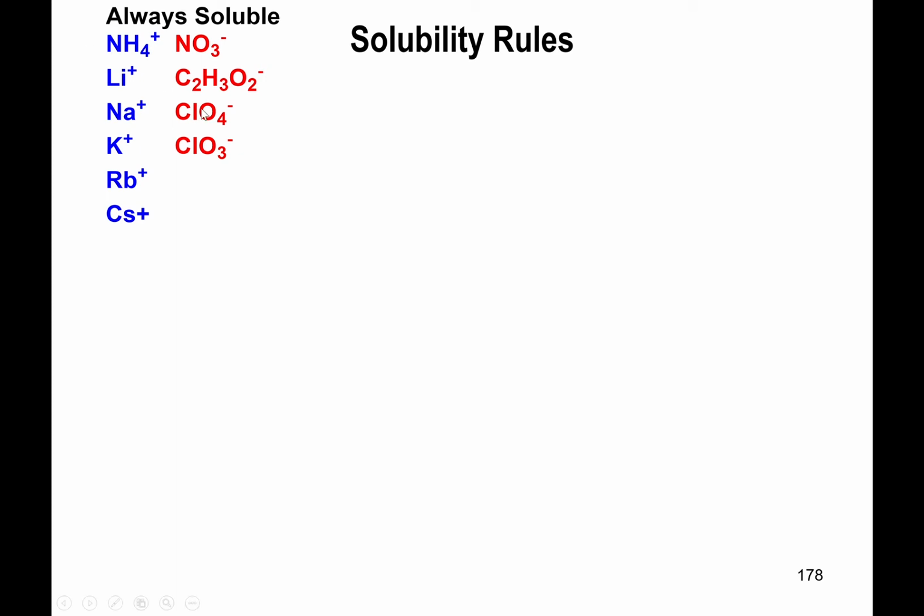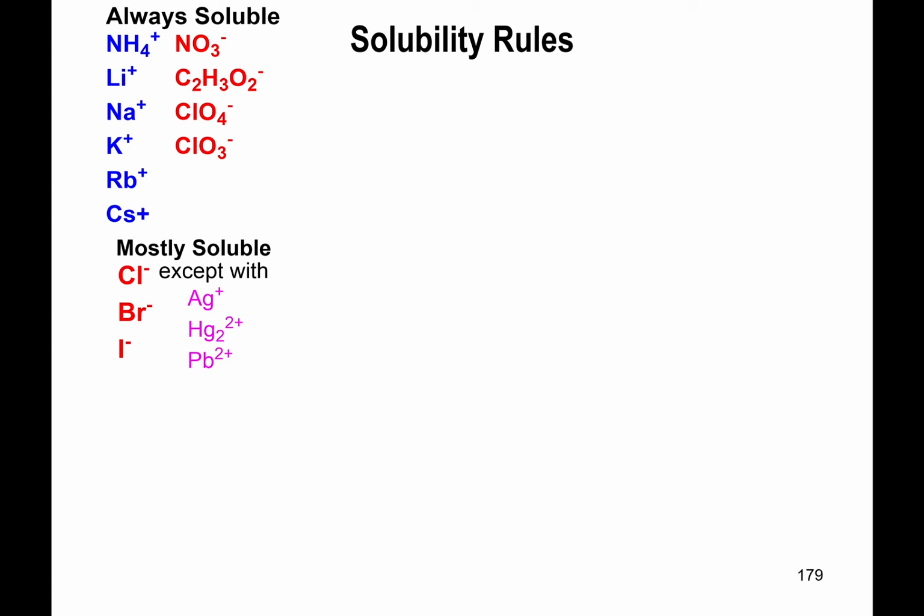And by the same logic, if your ionic salt contains nitrate, acetate, perchlorate, or even chlorate, the salt is expected to be soluble, irrespective of the identity of the cation. These are the always soluble cations and anions, and I would recommend that you do memorize this particular list, at the very least, to expedite the process of determining whether something will remain soluble or insoluble in solution. Okay, now,